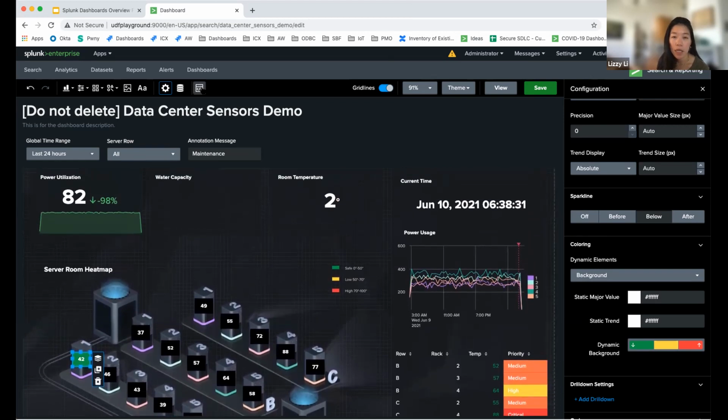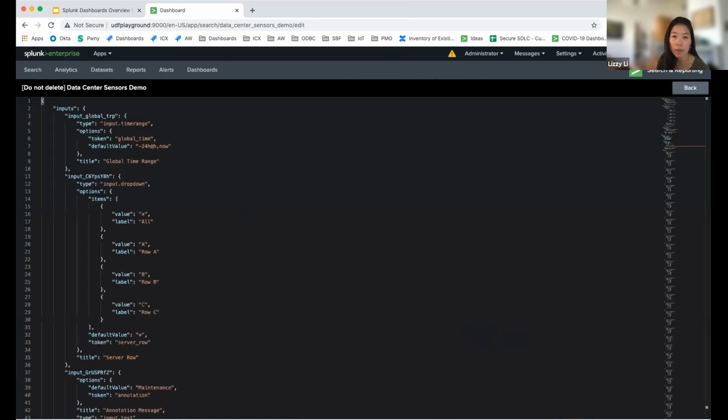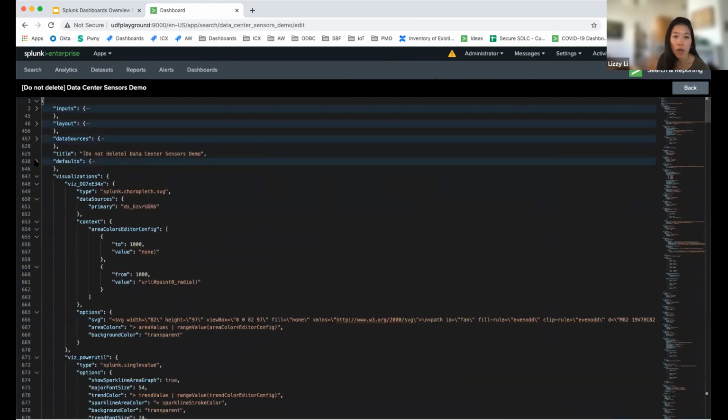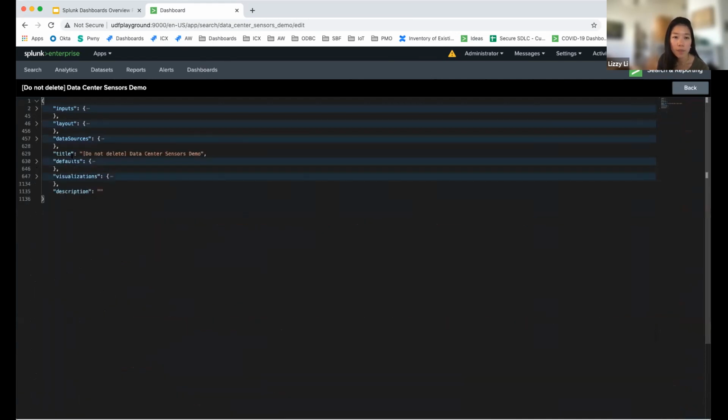So to enter the source view, it's this little icon here. And the way that it's structured, as I mentioned, it's JSON. There are 5 top level stanzas: inputs, layout, data sources, defaults, and visualizations. So as you can imagine,